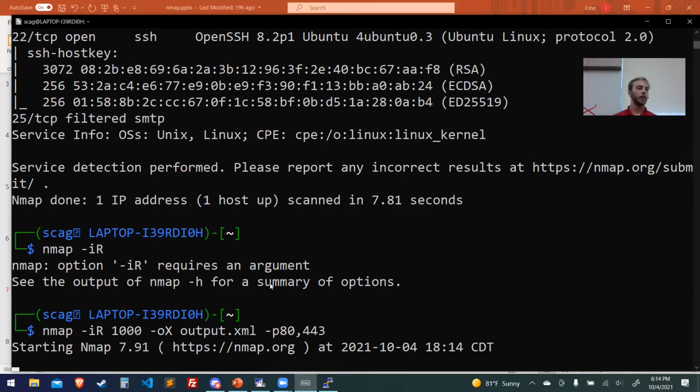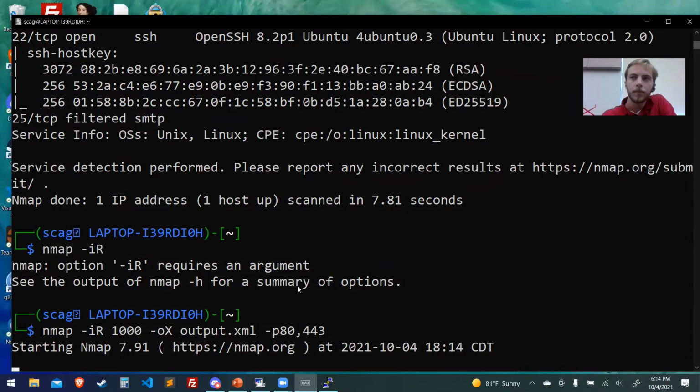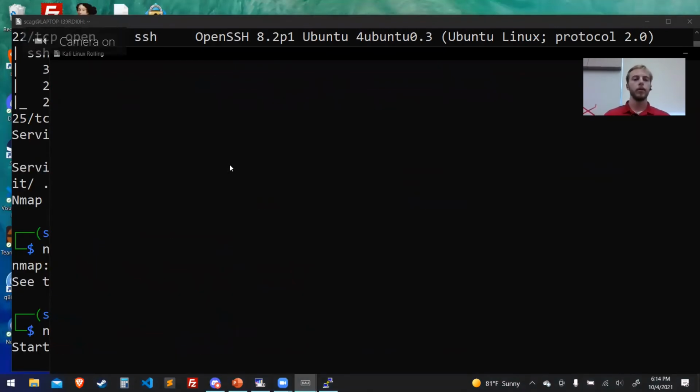I don't know how long this is going to take, but we'll figure that out. So I can probably do something in the meantime. What else can we do? You can scan multiple machines at once, obviously, like I did. Because if you do it too much, it's slightly unethical. If you're just mass scanning, it is completely unethical, but why not?